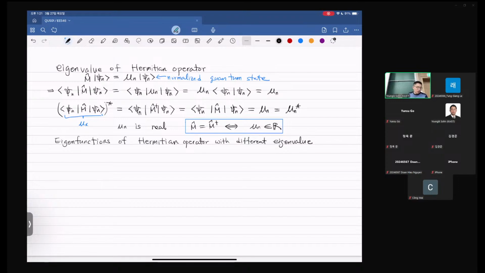number, okay? So the problem description is M psi n gives you mu n psi n, and M psi m gives you mu m psi m, okay? And then these two numbers are different, I'm saying. So this is our assumption, this condition, okay? From this assumption, what conclusion can we extract? Let's go here. I'll